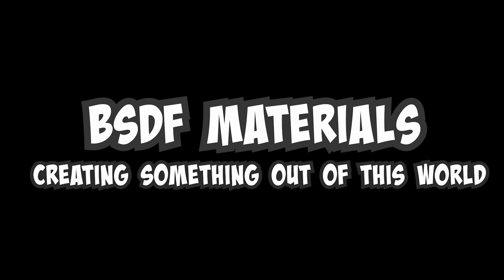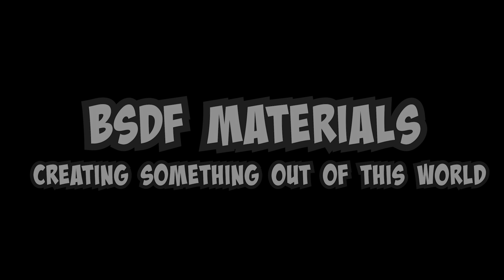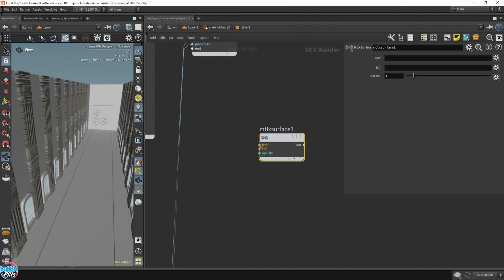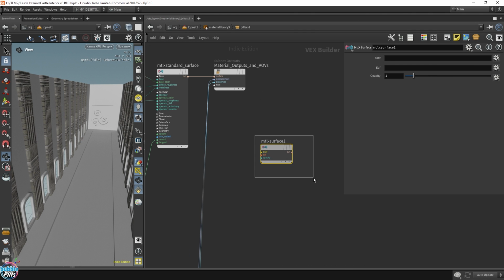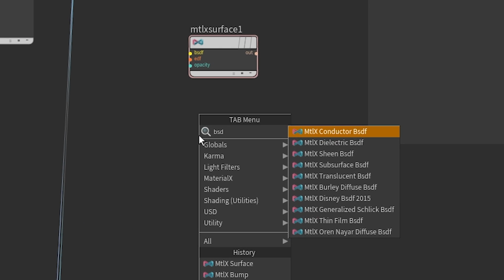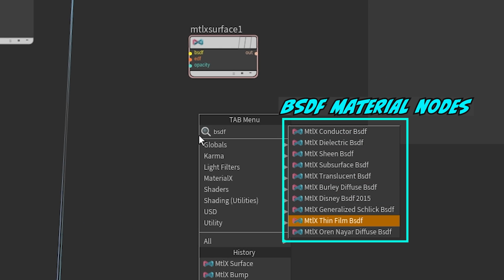BSDF Materials, creating something out of this world. So there is a MTLX surface. This has a BSDF. The MTLX surface node is designed for BSDF material shaders. Now, BSDF shaders allow you to create your own custom shaders from the bottom up. It describes the surface of a material, how it absorbs light, reflects light, or even refracts light if you're doing